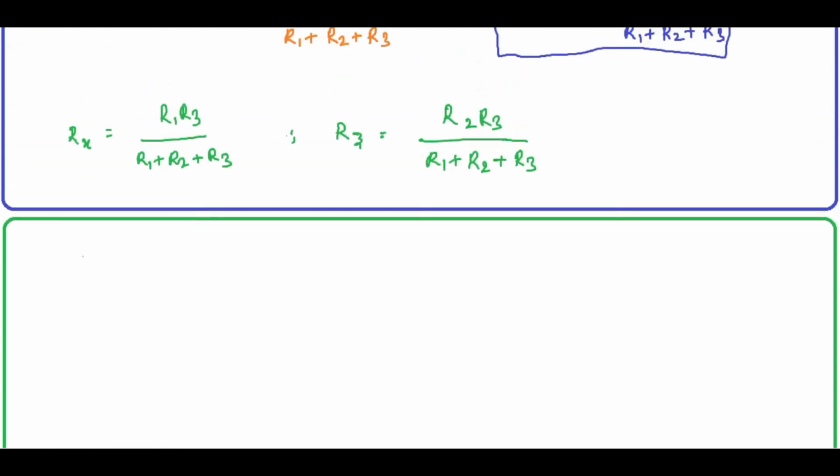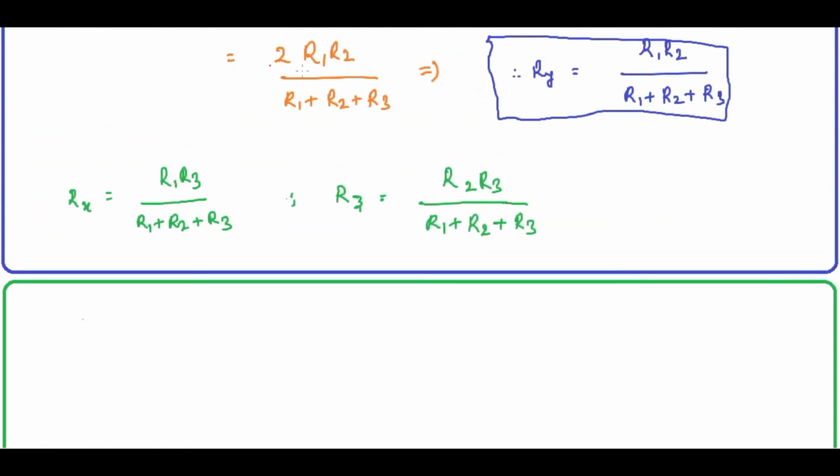First we need to find the multiplication of those things. So what we have obtained, we need to write again here. Let me show you that part. These are the things we have obtained, Rx, Ry and Rz. Now what we need to do is simply multiply and add them. So it will be RxRy plus RyRz plus RxRz, which is equal to, let me multiply these two. What will happen?